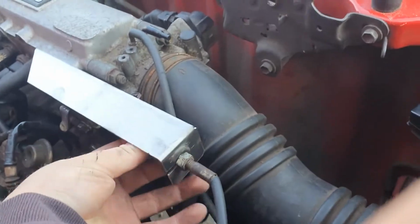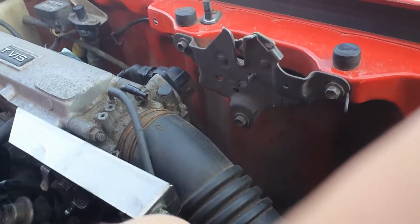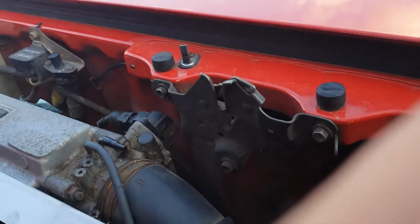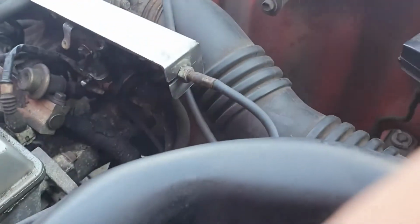I'm a bit funny about aftermarket stuff not performing as well as factory stuff. I know there's probably a reason why Toyota came up with that complex bracket design. Even though it looks a bit annoying, it's probably done like that for a reason. So if this pisses me off, it's coming straight off. But for now,